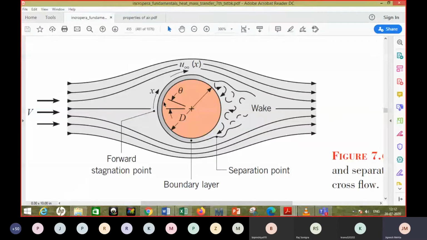This pressure gradient is called a favorable pressure gradient, right? It is favorable to flow. It favors the flow. It helps the fluid to flow. So there is a favorable pressure gradient, and the velocity increases, or acceleration takes place. And that particle which had come to stagnation here again picks up the velocity and starts moving along the periphery